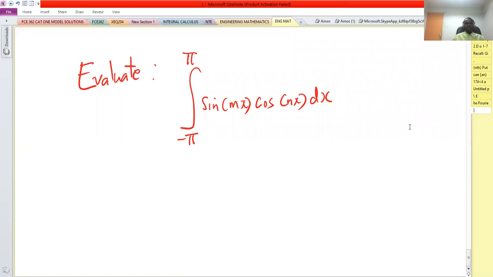The question before us is to evaluate the integral from minus pi to pi of sine mx times cos nx dx, where m and n are integers. So to evaluate this integral, solution, we note that